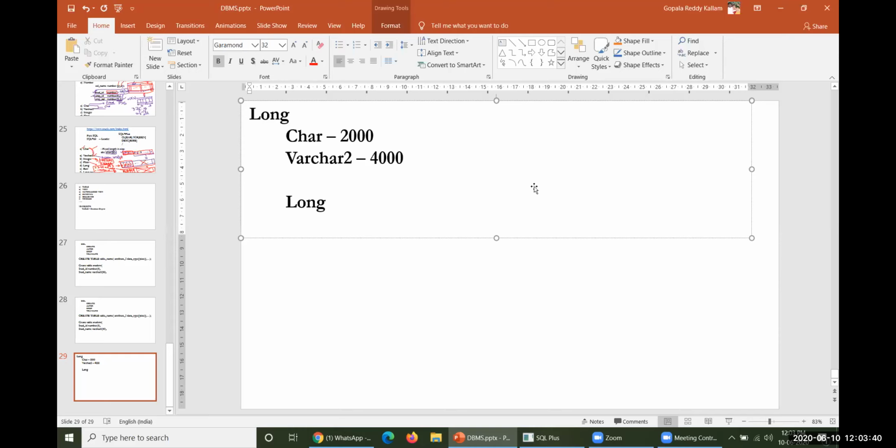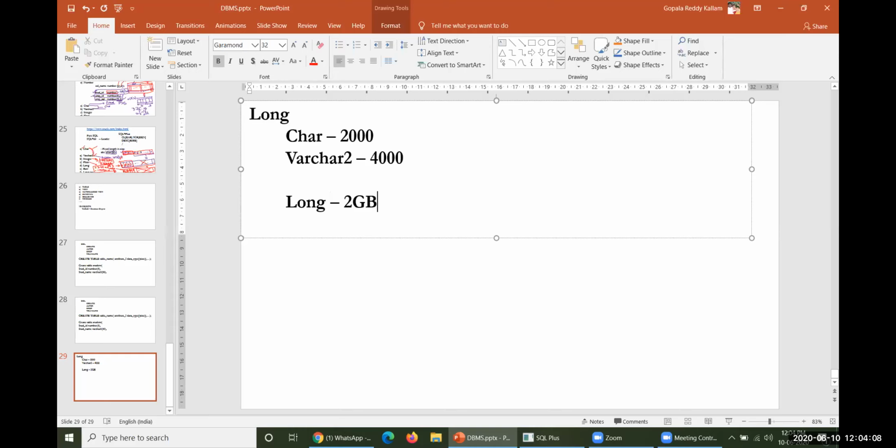So how much data can you store when you declare an attribute or column as long? It is approximately 2 GB of data. It occupies 2 GB at maximum. Of course, you may be given 1 GB, 0.5 GB, 250 MB, or 150 MB, whatever it may be.